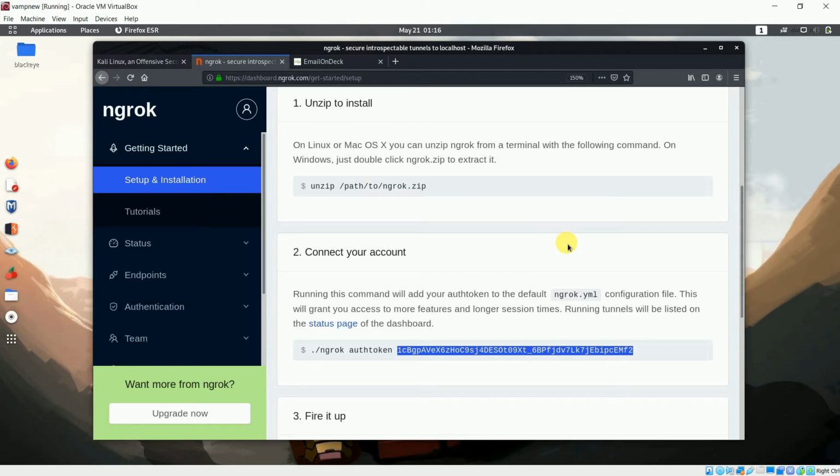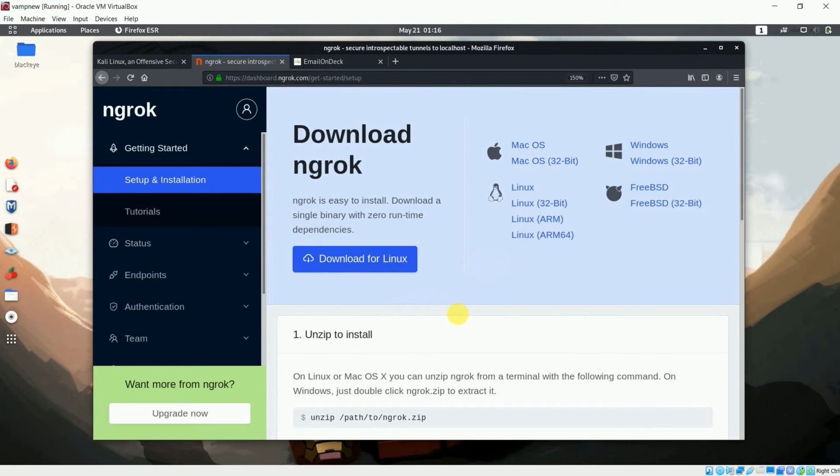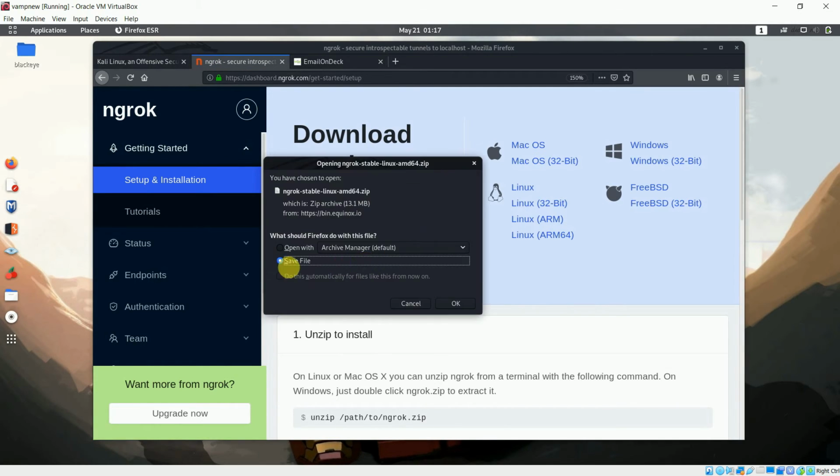Now we can actually follow the procedure. We have to download it for Linux. If you want to download it for Windows or any other operating system, you can download it from here. It's a Linux machine, so I will download the Linux one. Just click here, and I want to save this file.